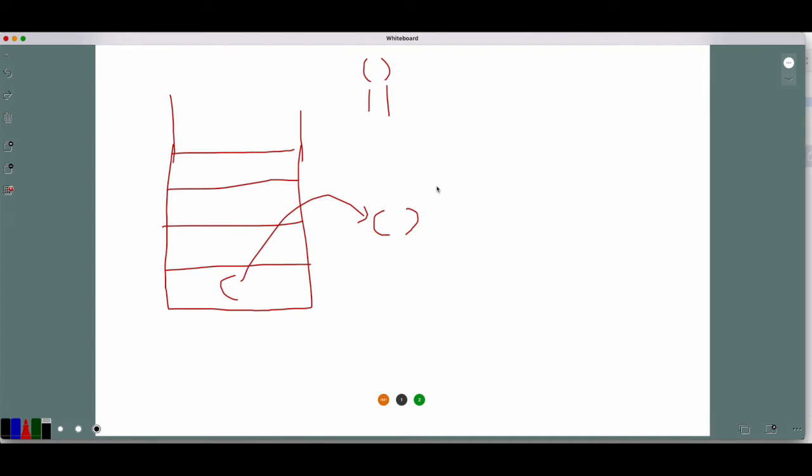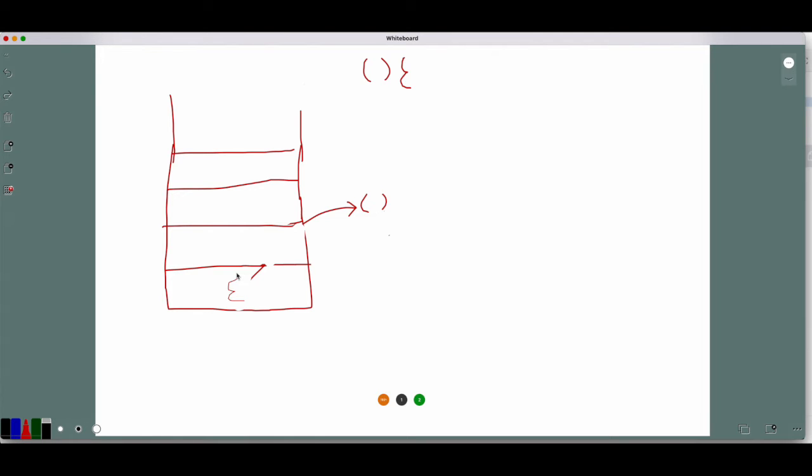Let me take one more example. Suppose I have this string to validate. I'll again go through the process, reading the string one character at a time. In case it's an open bracket, I'll push it to the stack. Again I got a closing bracket, so I'll pop from the stack and compare the popped item with the current char. If those are corresponding opening and closing brackets, then we are good. Then I'll read this bracket, which is open, and push it to the stack. So now the stack will become this. At the end we see the whole input string is processed, but the stack is not empty. In that case also we have to return false.